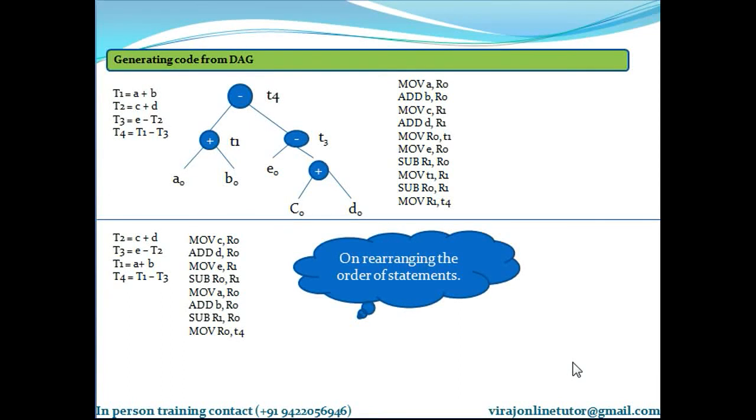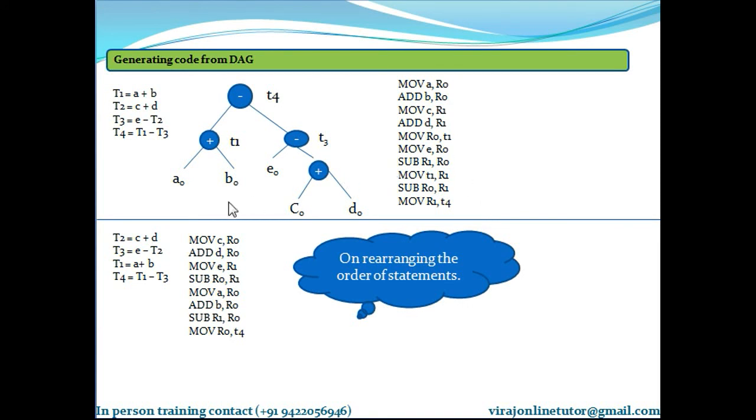Now let's see how to generate code from a DAG. So this is three address code, and this is the DAG that is constructed. A plus B, assign it to T1. C plus D, assign it to T2. E minus T2, assign it to T3. And T1 minus T3, assign it to T4. So this is a DAG constructed from this. And from this DAG, I am getting